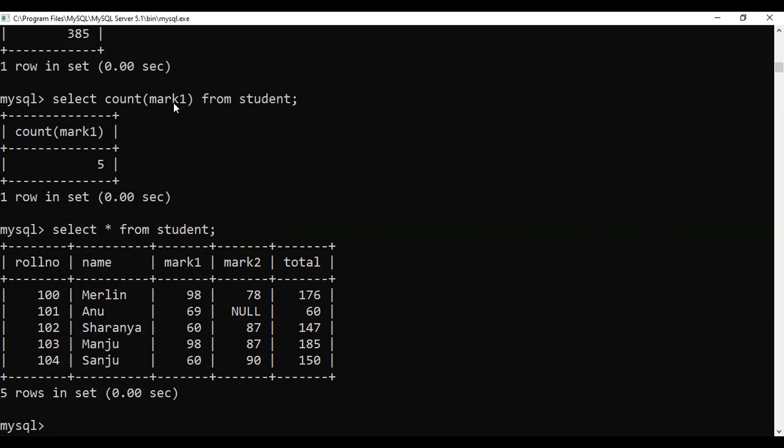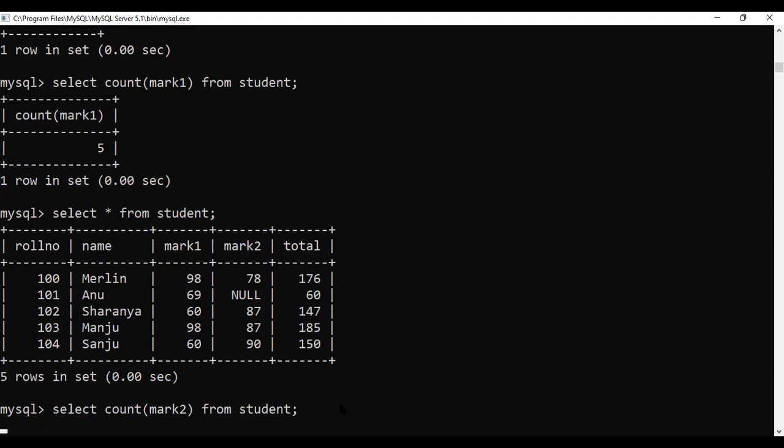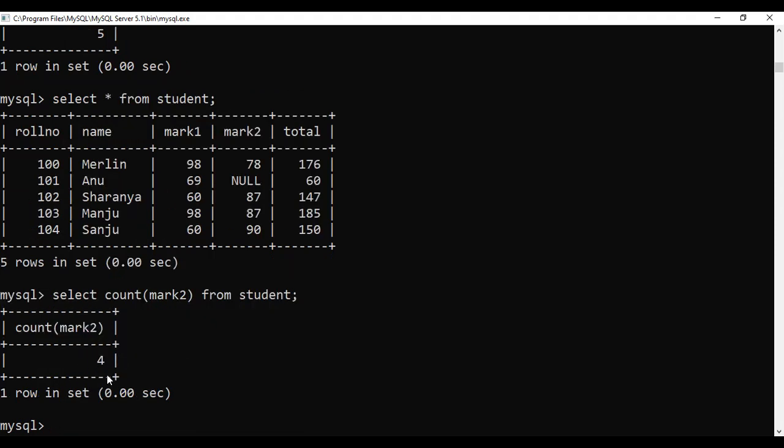These aggregate functions return the values excluding the null value. If a particular column has a null value, that will not be counted. For example, when I say count of mark 2, you can see a null value in that column, so it will return the count only 4. The null value will not be taken into account. When I say average, it will add up these 4 items excluding the null value, and divide by 4 only, because in your question they will give a query and ask you to write the output.